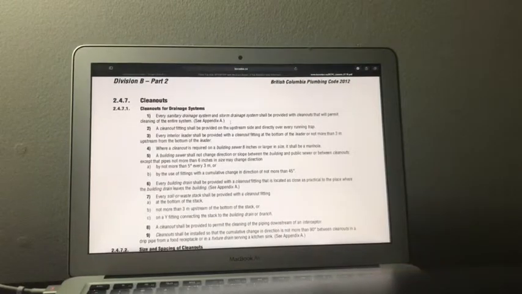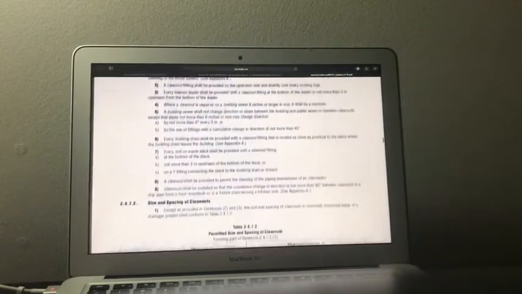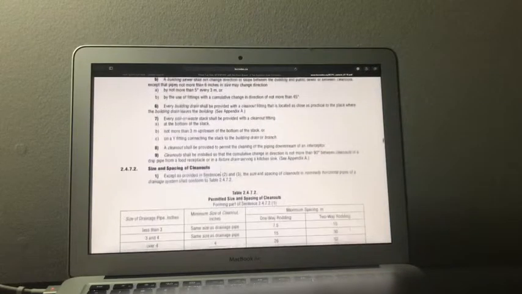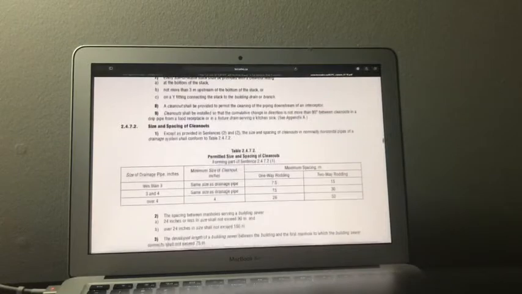Traditionally, we kind of know a little bit different. Our clean out fitting shall be provided on the upstream side and directly over every running trap. A clean out shall be provided. Clean outs shall be installed so that the cumulative change in direction is not more than 90 degrees between clean outs. Oh, well, we're going to read about